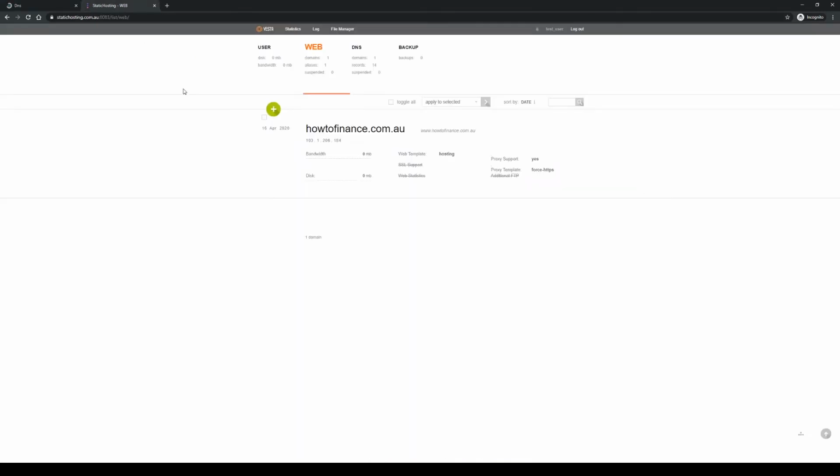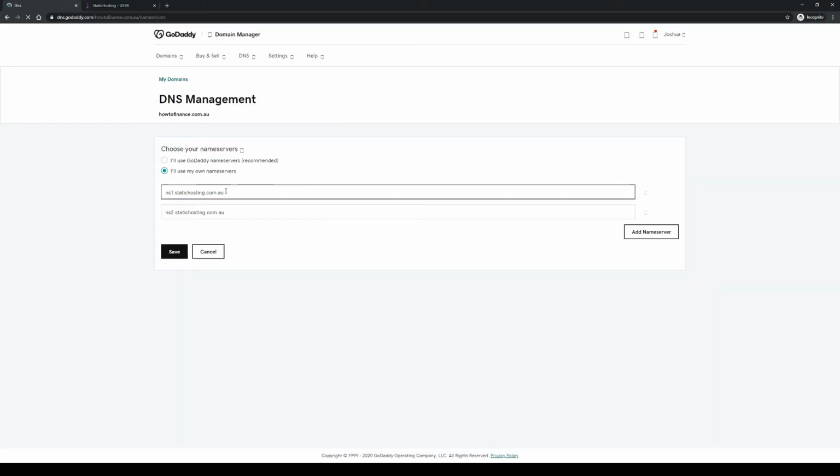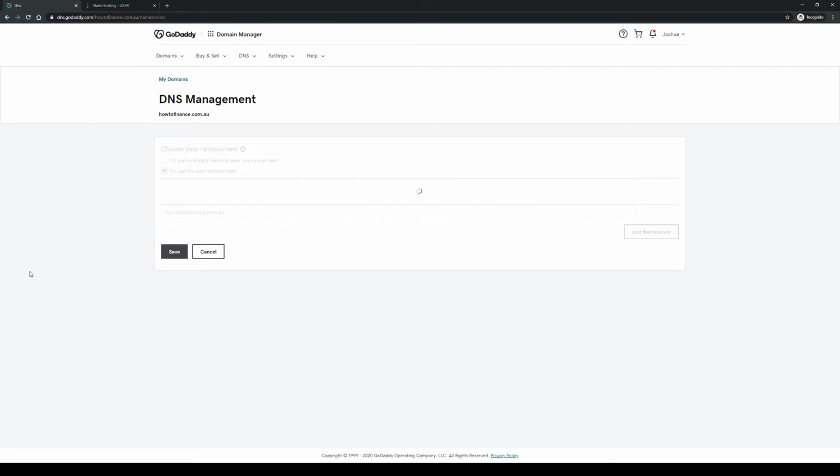You can also find these values if I head back over to user. Now under your user in the control panel, you'll see the name servers actually listed. So if you want to, you can just copy and paste them out. So it's ns1 and ns2, statichosting.com.au. So type those in here, hit save,